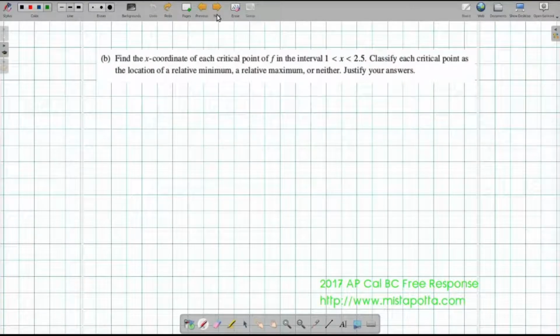Moving on, part B says find the x-coordinate of each critical point. Remember, critical points are where the first derivative equals 0 or it's undefined on this interval from 1 to 2.5. They want us to classify each critical point as a relative minimum, relative maximum, or neither, justify our answers. So, remember that our derivative is